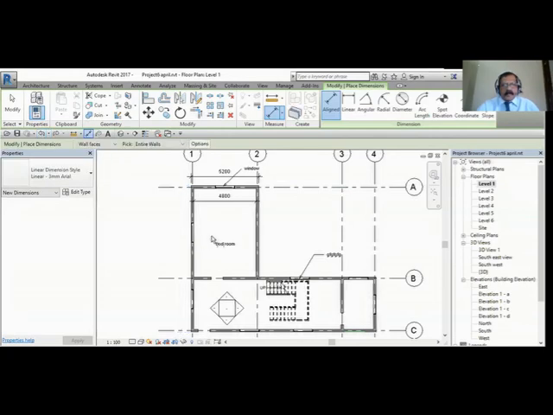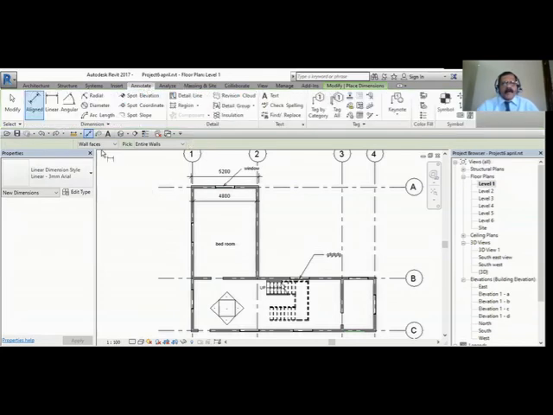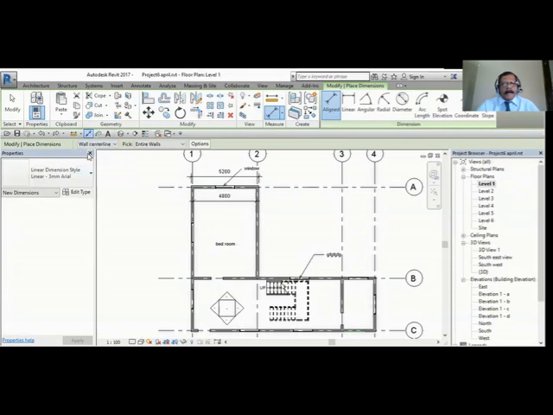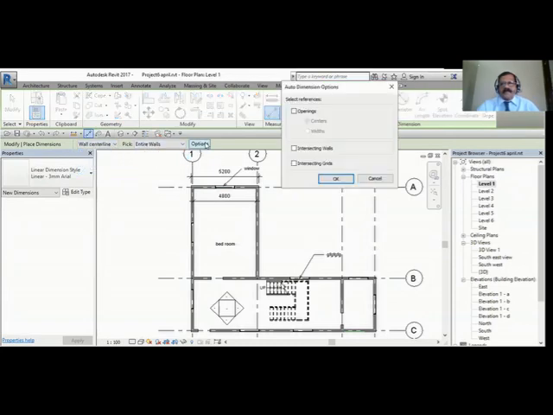Now I want to put all the dimensions for this center line as well as the center of the openings. So what I will do is Annotate, Aligned, Wall Centerline, Entire Wall, Options, Openings. So it will mark openings also.